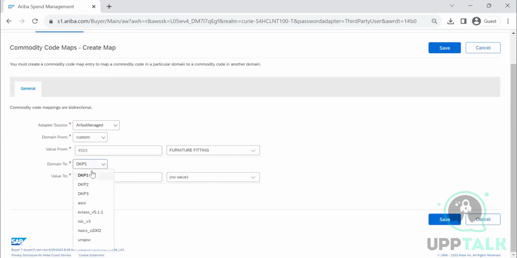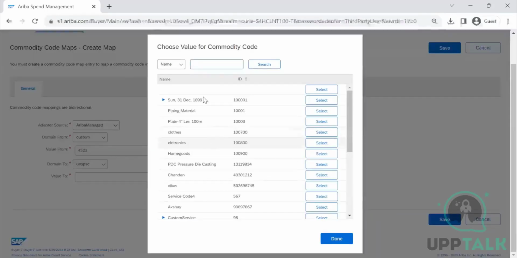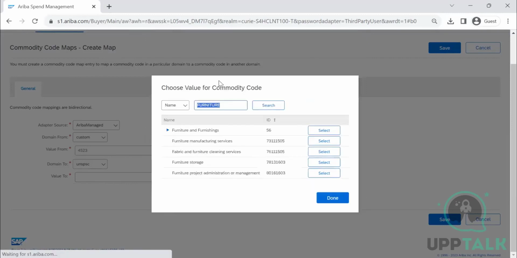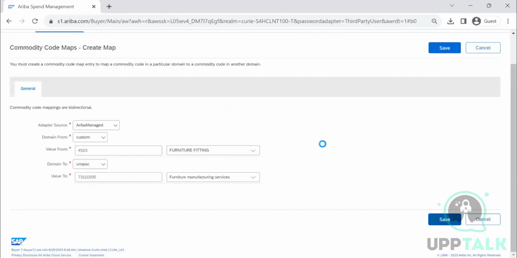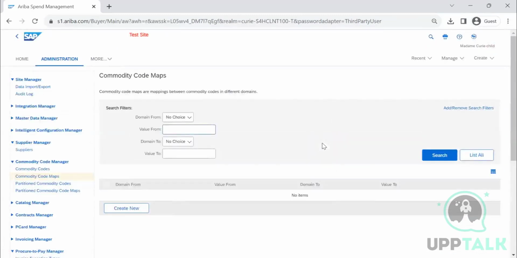And domain to: what will be the relevant commodity code? I don't know, some UNSPSC code. Then I will select search mode. So for furniture, I will search for the furniture commodity. Here: furniture fittings, storage, closet, manufacturing services. Click on save. This way, I am creating a mapping between custom codes and UNSPSC codes. Now I want to map this to my